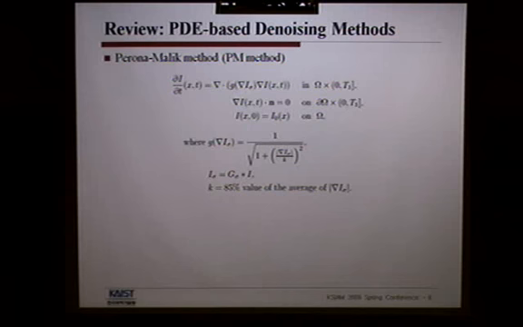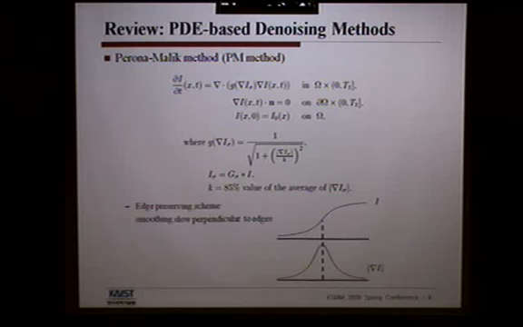So this is, okay, assume 1 over the square root of that. So it depends on the magnitude of changes of the image I. Okay, so this is the image, and near edges we have a large gradient of I, and this means this is large, that means this G becomes small. So near edges it has small diffusion,